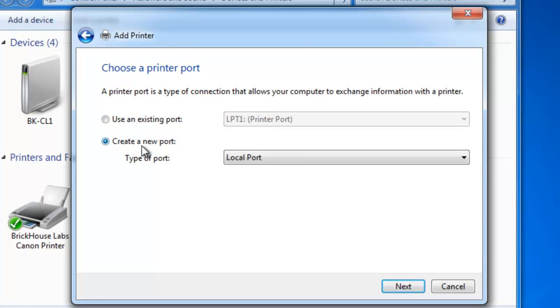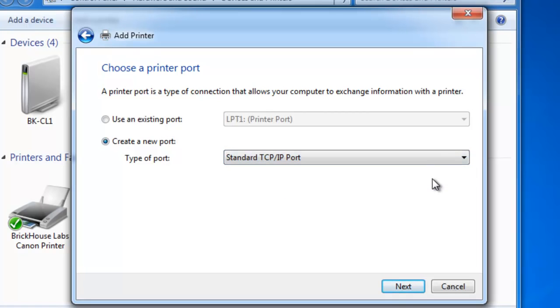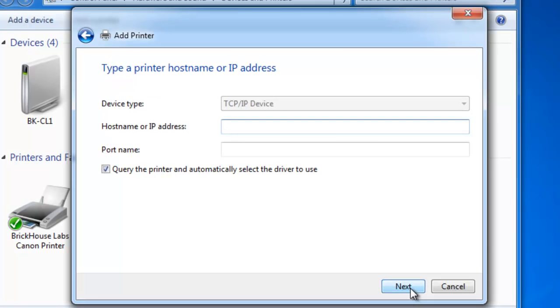I am going to create a new port, except I am going to drop the type of port box down and select the standard TCP/IP port, and then I'll click Next. The IP address of my virtual, so it's fictitious in this example, print device is going to be 10.10.0.50. And I'm not going to query the printer and automatically select the driver to use because the printer doesn't